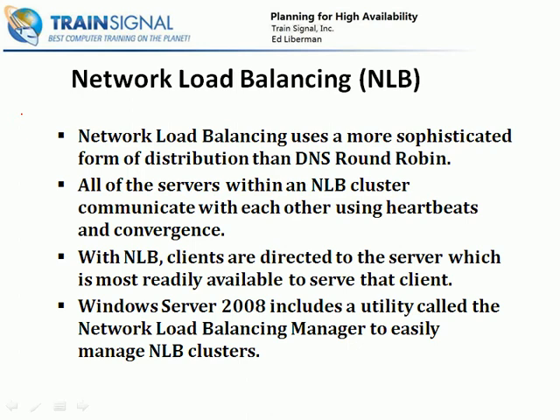With an NLB cluster, all of the servers that participate communicate with each other using something called a heartbeat and convergence. And the convergence is going to be based upon either the addition or the removal of an additional server,